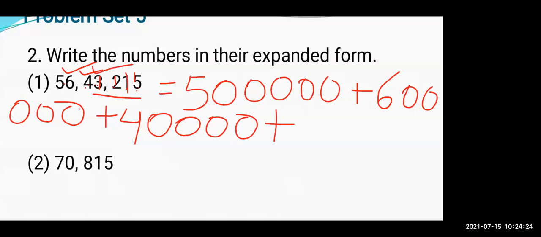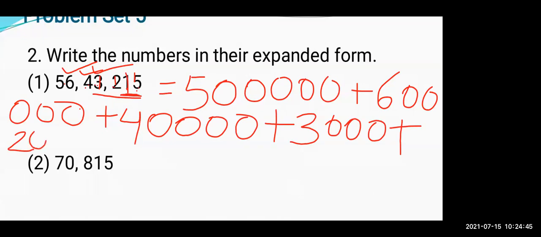Which number is there? 3. What is the place of 3? 3 is in the place of 1000. So 3 will become 3,000. That means how many zeros? 3 zeros. Very good. Afterwards same plus. Afterwards after 3 we will write 2. After 2, how many numbers are there? 1 and 2. 2 numbers are there. We put 2 zeros, or 2 is in the place of